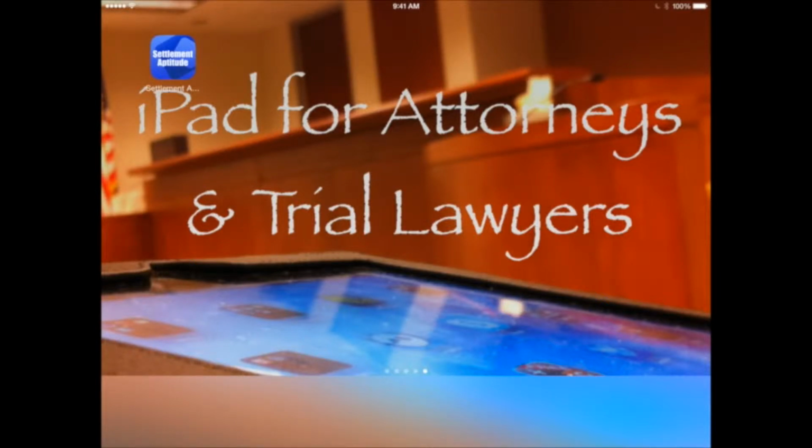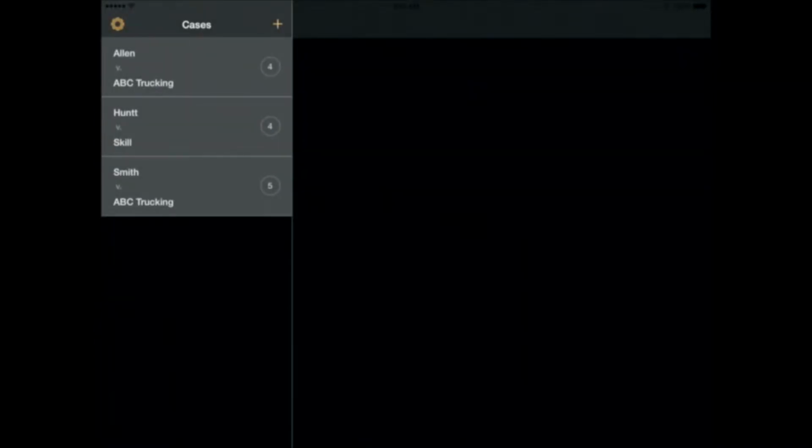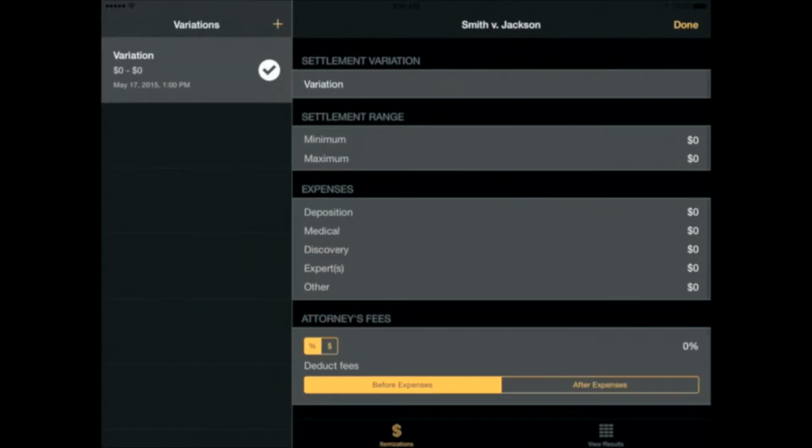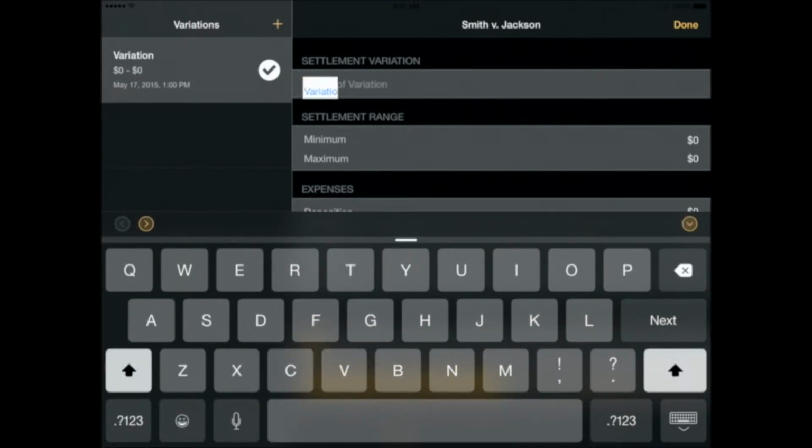What I'm going to do is tap the icon for Settlement Aptitude and open the app. And once the app is open, I'm able to go in and create a new case by hitting the plus sign at the top right-hand corner. At this stage, I'm just going to enter the name of the case, and once I do that, I hit the Done button, and it shows us the next stage, which is to create the first variation. So we're going to call this first variation